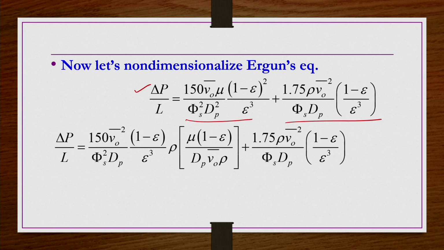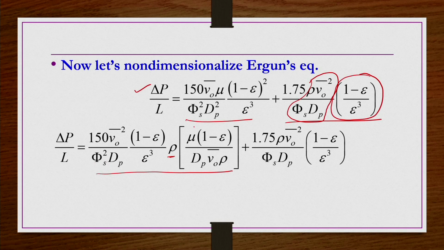Rather than rearranging, what we do is take this particular term, the first term, and arrange it in such a way that we have rho V naught bar square by pi s dP and then 1 minus epsilon by epsilon cube. This we keep here on the right hand side also. So, here we have rho V naught bar square, 1 minus epsilon by pi s square dP square, as it is.